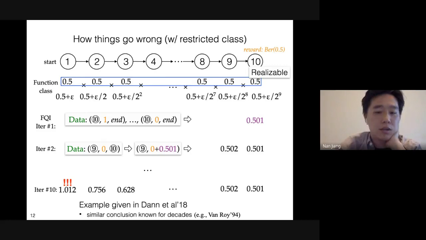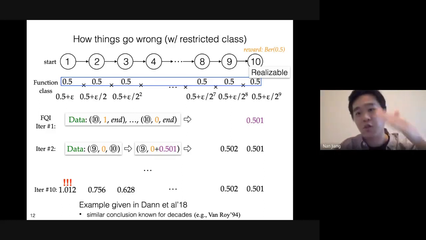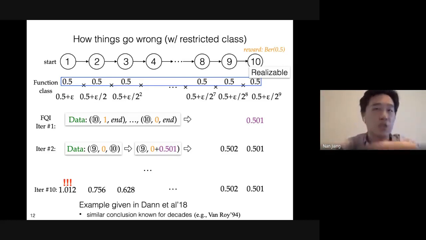Okay, so this example is given with Chris Dan and others. Chris is over here today, in our 2018 paper. But I want to point out that you can find similar conclusions and constructions maybe 2 decades ago, where people show that when you run ADP algorithms, even on a simple 2-state MDP with value function approximation, if we just keep iterating, things will just blow up exponentially. In that case, the algorithm doesn't even converge, and it just predicts larger and larger values.